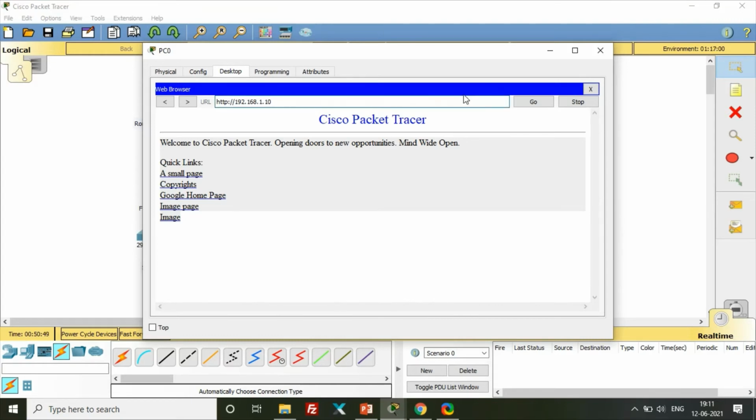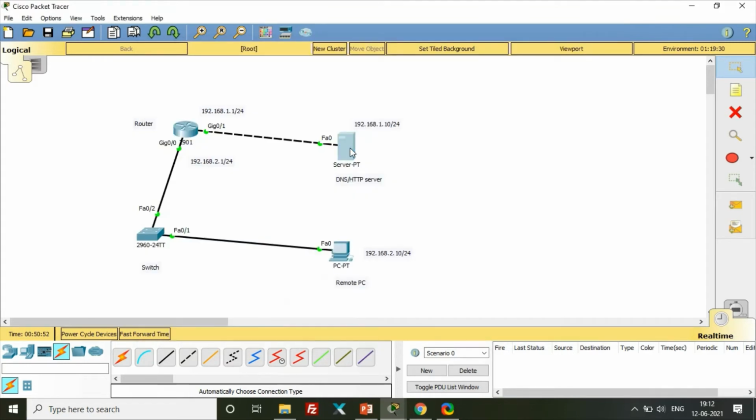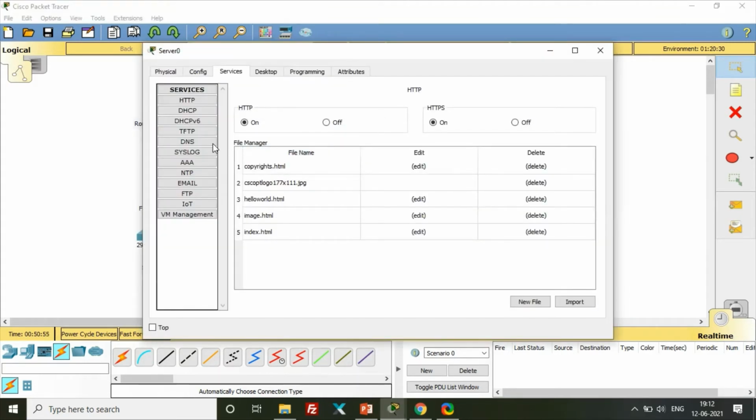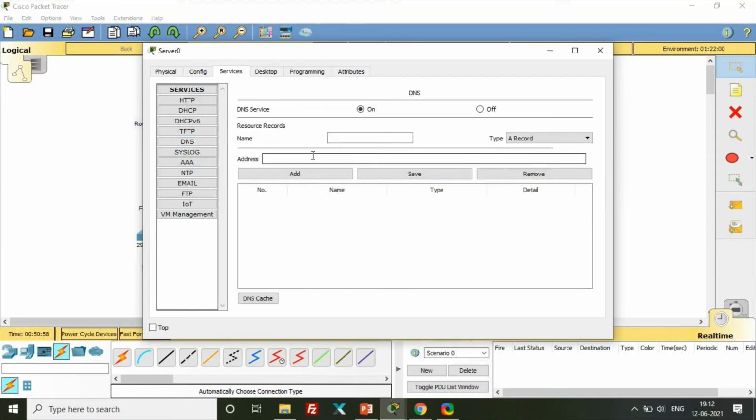So how can we configure the website name? Go to Services, then DNS services, and put the DNS name like google.com.